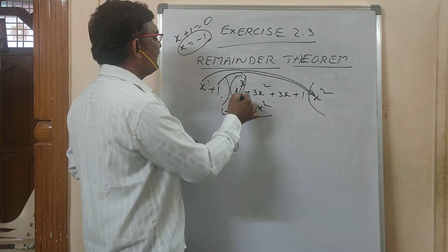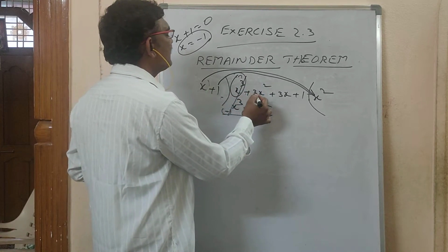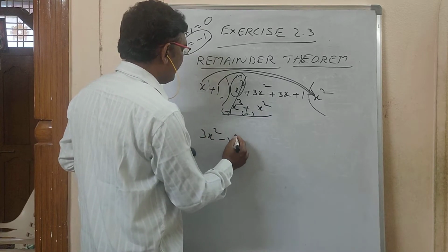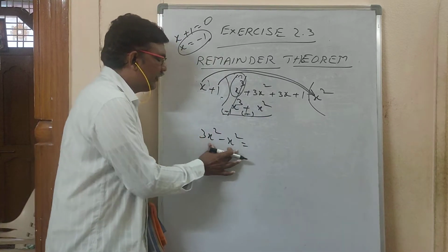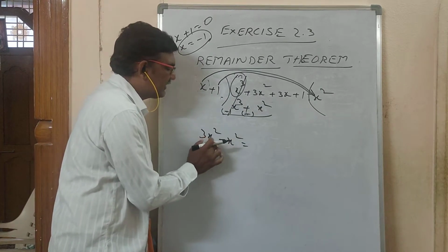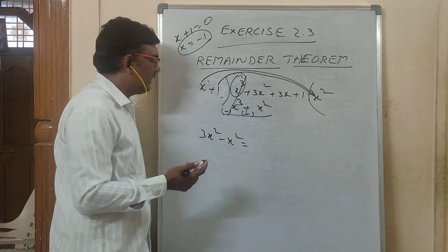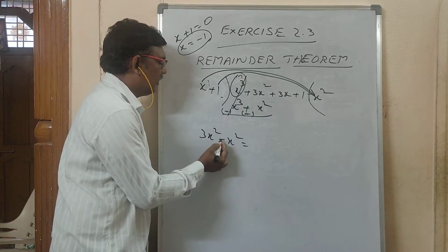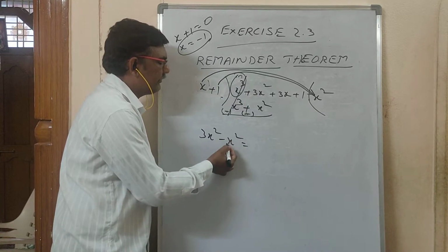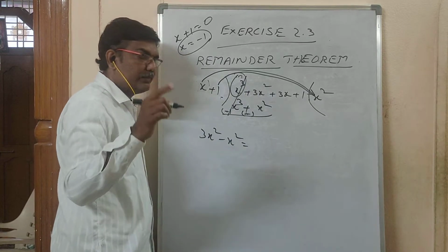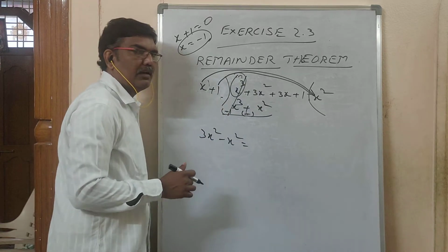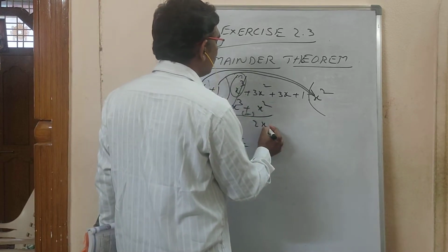Plus x cube minus x cube cancels. Here plus 3x square minus x square. If you simplify these two, what answer will come? Here x square means 1 five-star chocolate. 3 chocolates minus 1 chocolate. I said 1 is the coefficient; no number means 1. 3 five-star chocolates minus 1 five-star chocolate, how many will come? 2 chocolates.